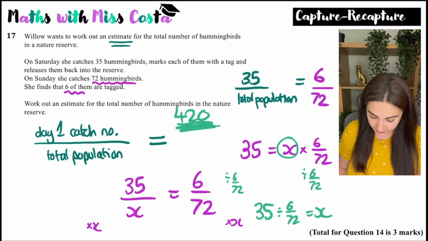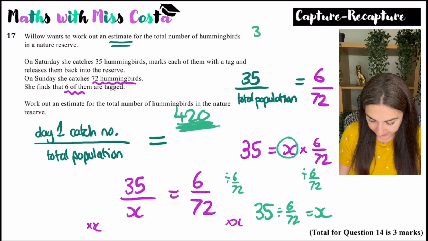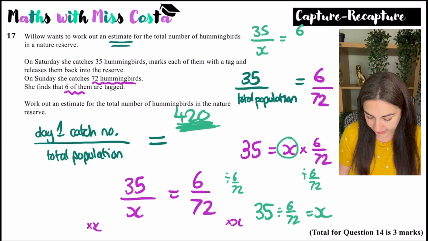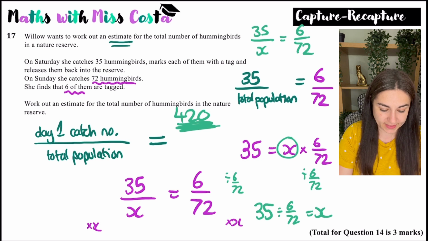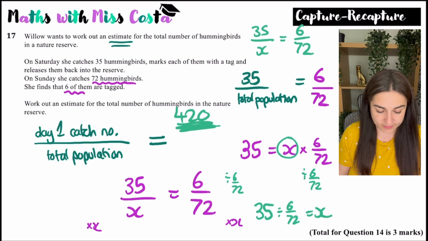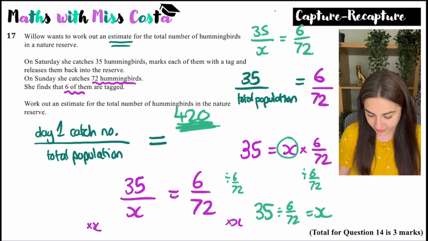Another way you could do it is you could have said 35 over X equals 6 over 72. So you could have thought to yourself, okay, what's 35 divided by 6? That is 5.83 recurring. So 35, so 6 times by 5.83